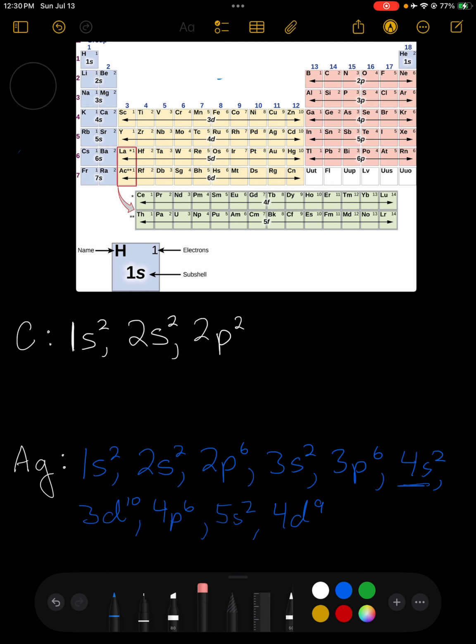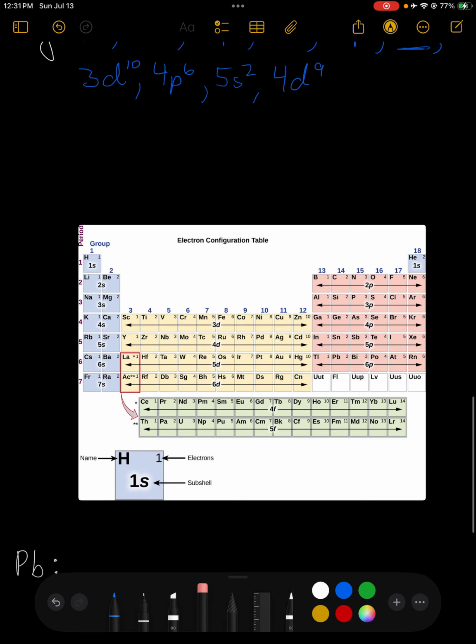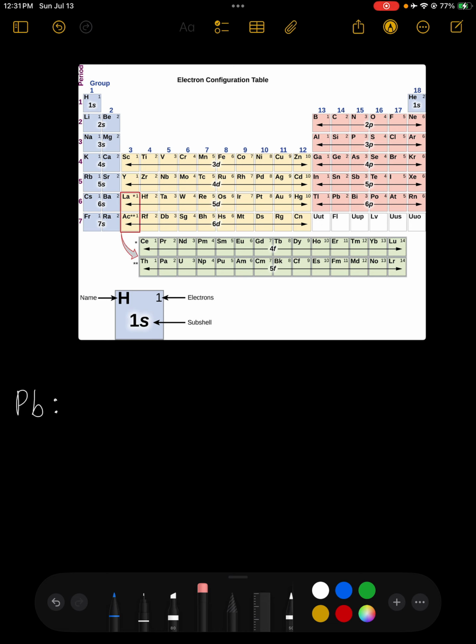All right, last example is going to be lead. So once again, we're going to start up at hydrogen. I'm going to go through this one a little bit quicker until I get to where it starts to deviate from the pattern. So we're going to start at 1s2, just like before. Then we have 2s2. Then we have 2p6, 3s2, 3p6, 4s2,